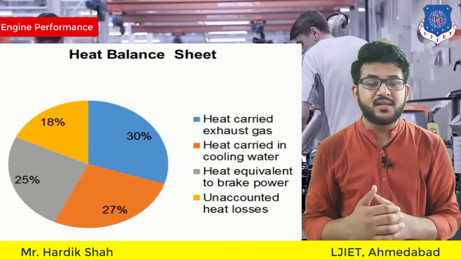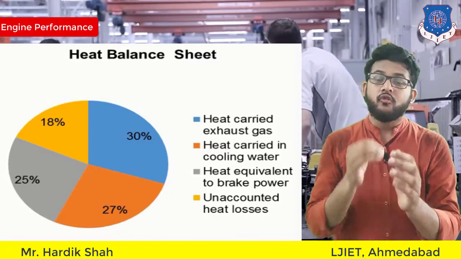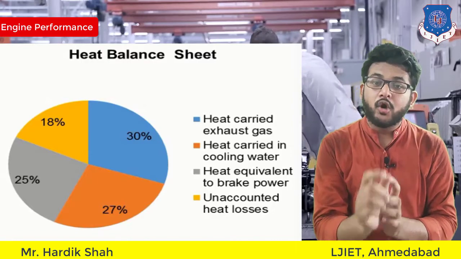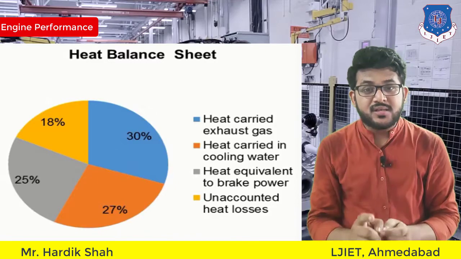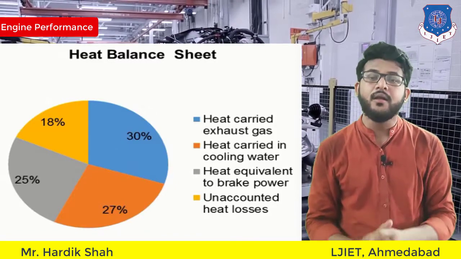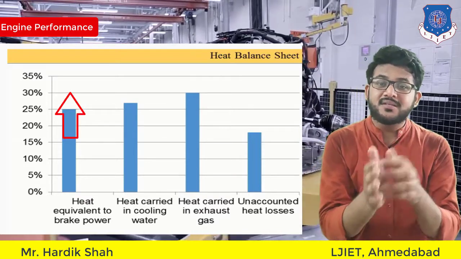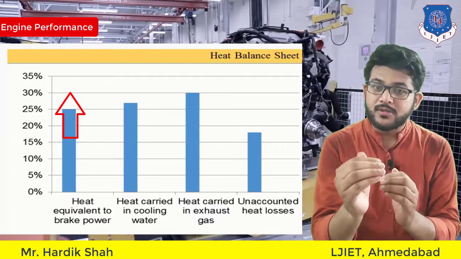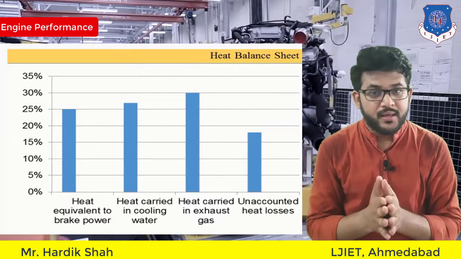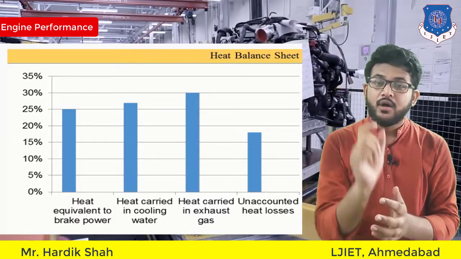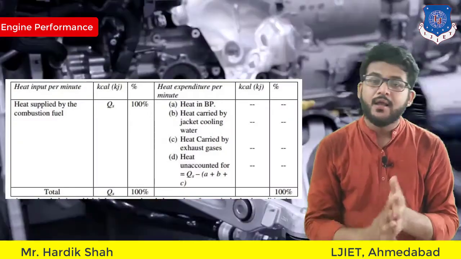In the previous video we have seen that there are three types of power: indicated power, brake power and frictional power, right? The brake power cannot be exactly the indicated power because there are many losses, and those losses we count as frictional power. So we will try to make the brake power consumption as much as possible, and reduce the cooling water, exhaust gases and other losses going out of the engine. From this heat balance sheet we can directly say whether the engine is good or bad, directly from the percentage.